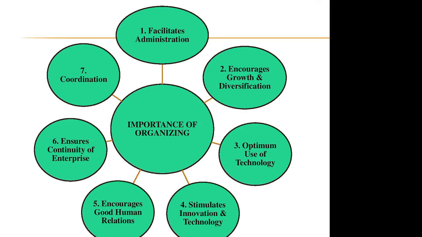We can go for either horizontal or vertical diversification, or talk about the growth of the organization and from which angle we should grow. When you have a proper organizing structure, the use of technology will be very optimum. With minimum cost itself, they will try to use the maximum technology. They will use what they have in hand very efficiently, and it will also always stimulate very good innovation and technologies.